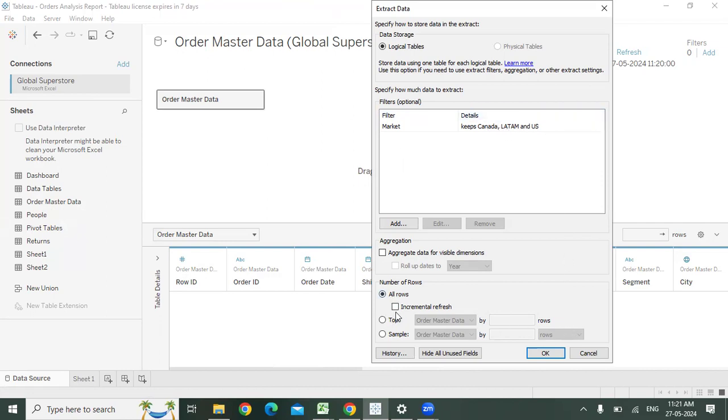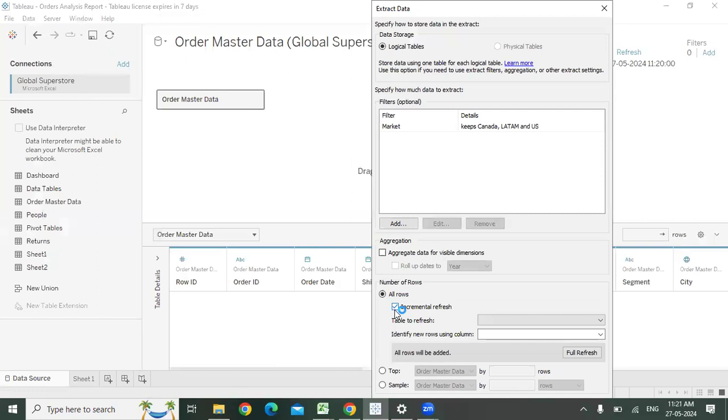For that, if you want to make it automated, you need to make use of incremental refresh. The word increment itself says anything that is existing, apart from that, getting something more added to it, that becomes your increment. That's why it is called incremental refresh. Now, let's say you have got connected with multiple data sources. But right now we have got only